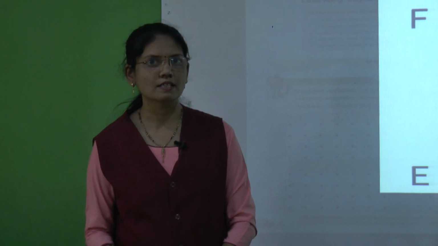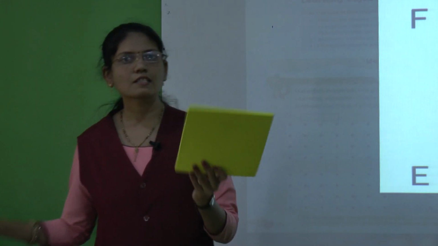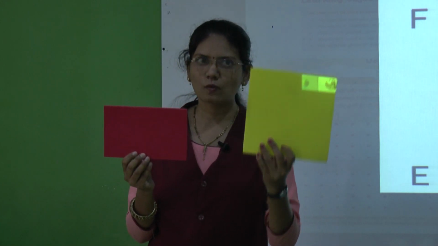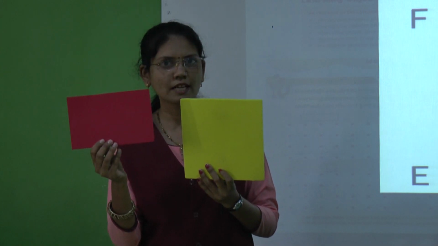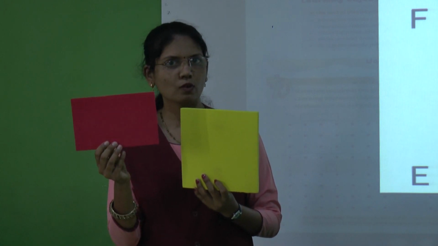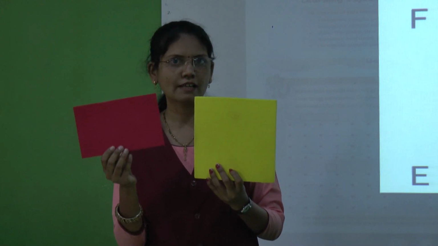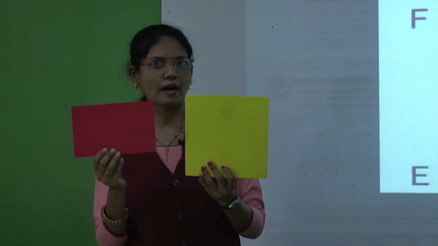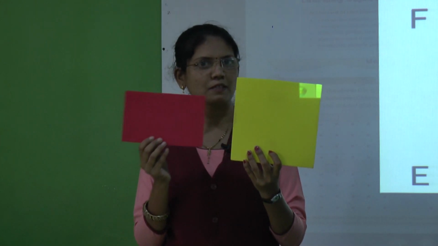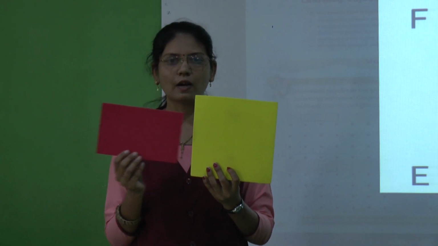Now my dear students, my question is, what is the difference between this square and rectangle? Because square also has 4 sides and rectangle also has 4 sides. Square also has 4 corners and rectangle also has 4 corners. Then what is the difference between square and rectangle? Just think, I'll give you 1 minute and you have to keep your answer ready. Okay? Think once again. What is the difference between square and rectangle? Shall I tell you the answer? Okay, now I will tell you the answer.